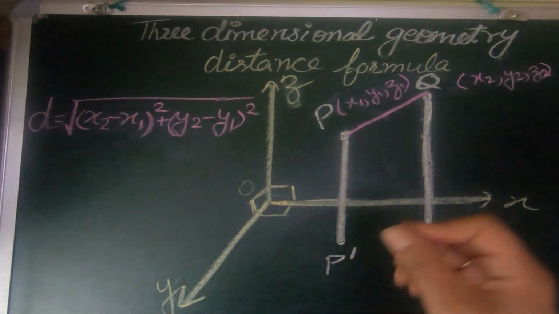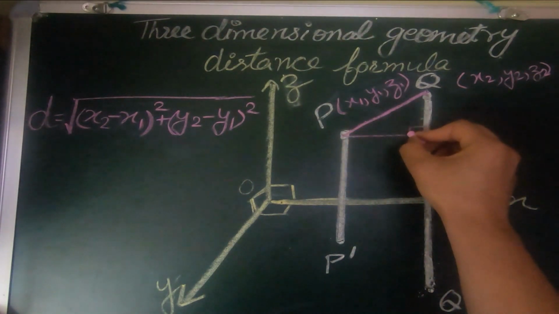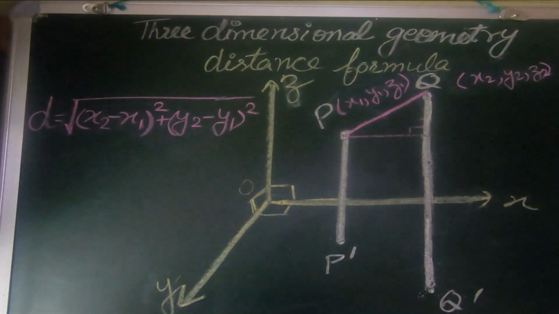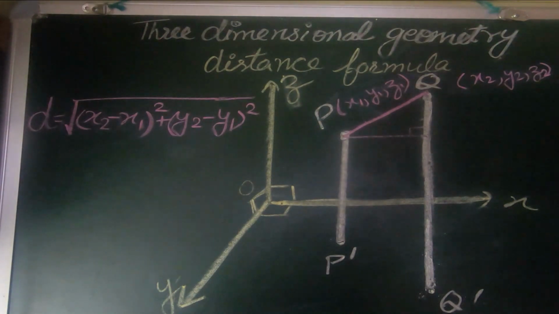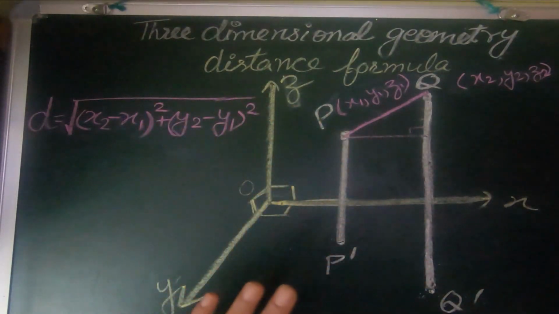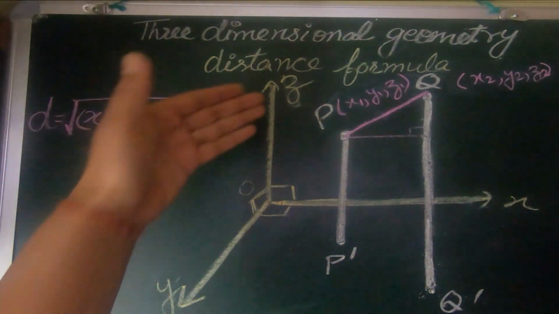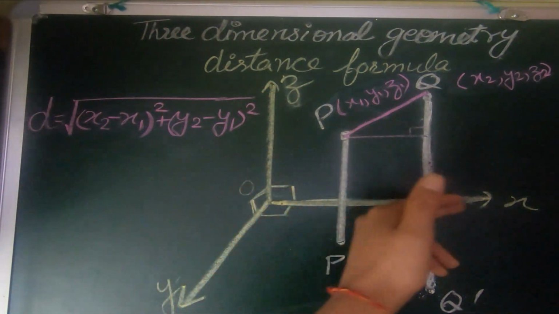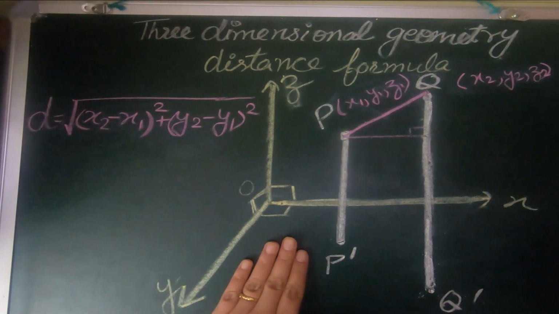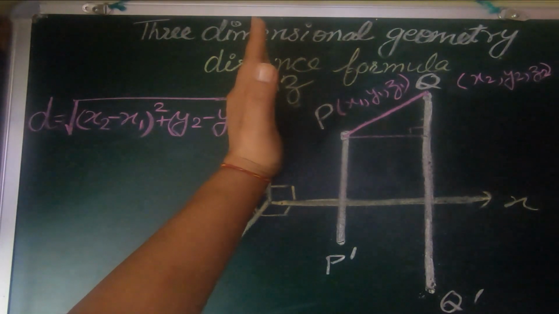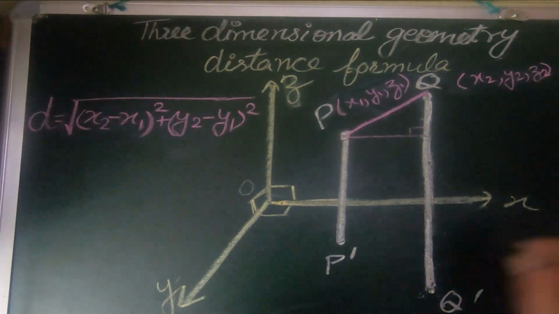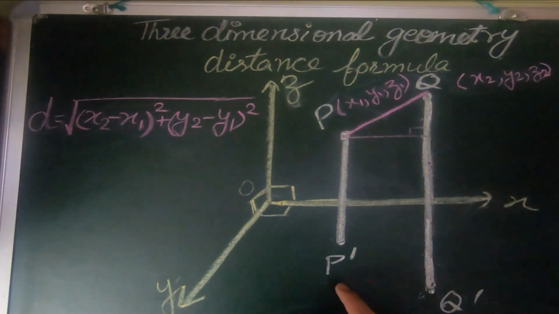If I make it like this, that would be wrong, because then you are seeing this from a two-dimensional point of view. Please, let's see the picture again from the 3D point of view. This is your first octant, so please see this as a room. This is a corner line of your room. This is the length and this is the breadth, so you can consider this as the floor, and this is the height of the room. P and Q are points somewhere in the room, and P dash and Q dash are their shadows on the floor.